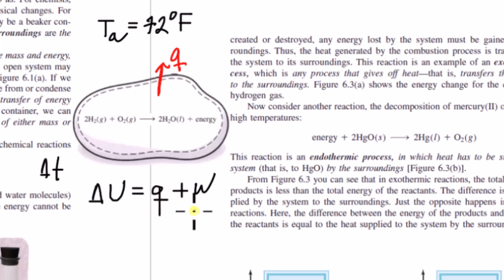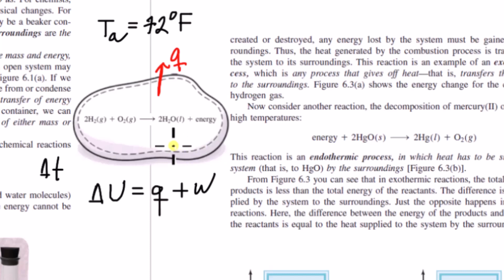To state that this work term would be equal to zero, it needs to be the case that this reaction is taking place, like in space or in a vacuum, to where there is no environmental pressure. Otherwise, for any of the scenarios we just discussed, going from the reactants to gaseous H2O, or going from the gaseous H2O to liquid H2O, or even going from the initial pure reactants all the way to the final liquid H2O, if the system volume changes at all, and during this change there's any external pressure acting on the system,